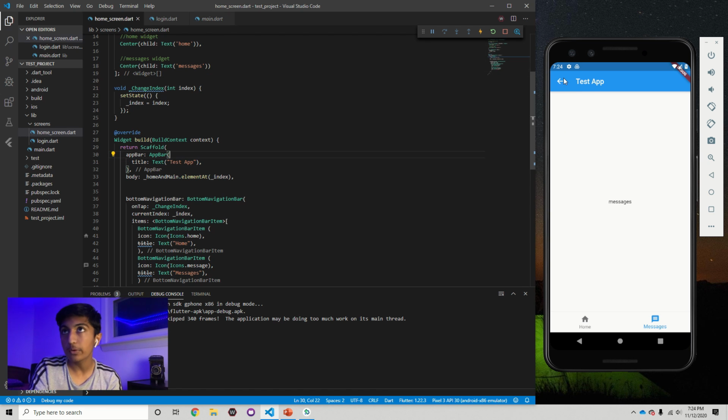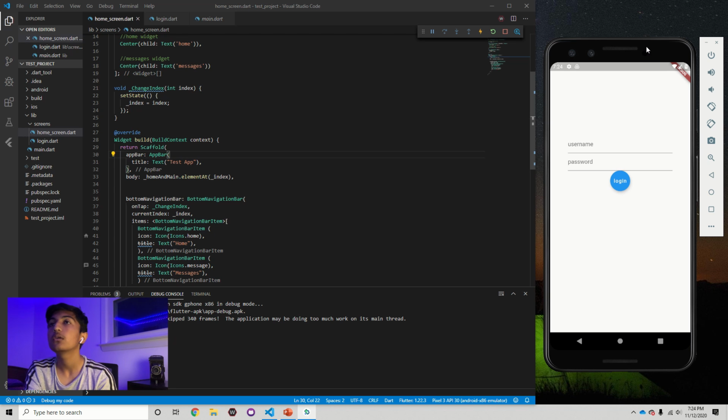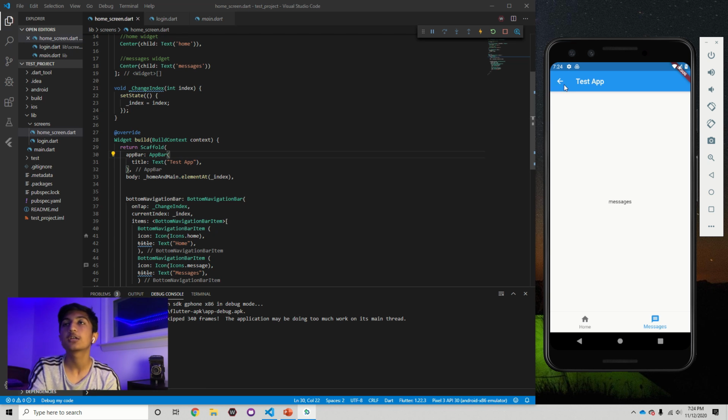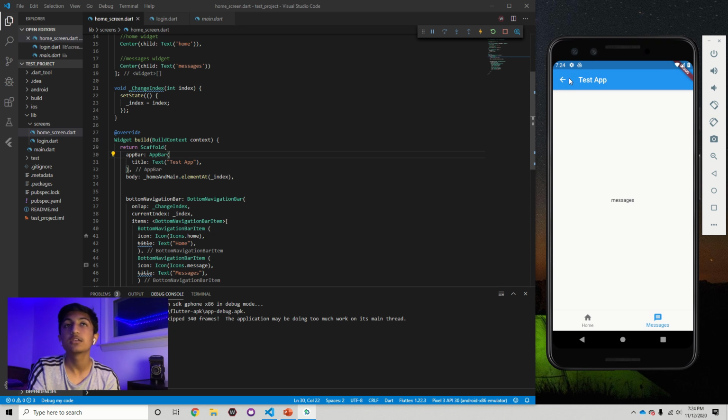I'm trying to figure out a way to get rid of this, because actually, see, if you go back here, I want this to say log out instead of just back, because the back button kind of feels like you're on a new activity, but you're really in the actual app after you log in. So I don't like the way this is set up, and I'm trying to figure out a way to get rid of this right now. But anyway, for the purpose of this video,